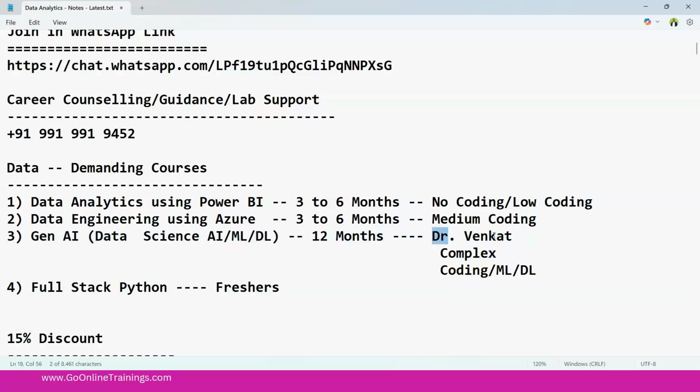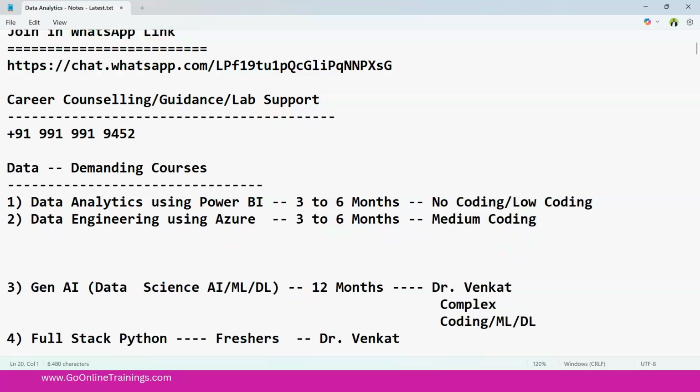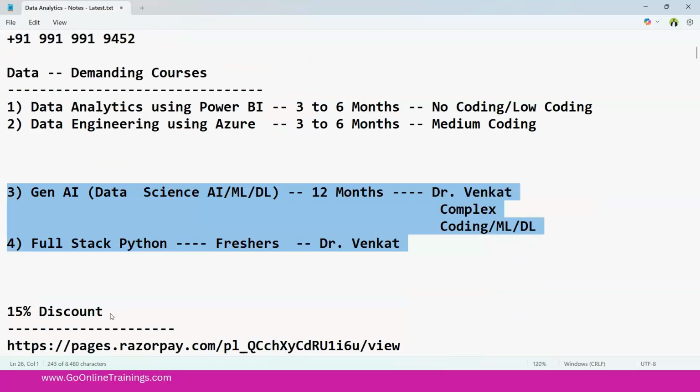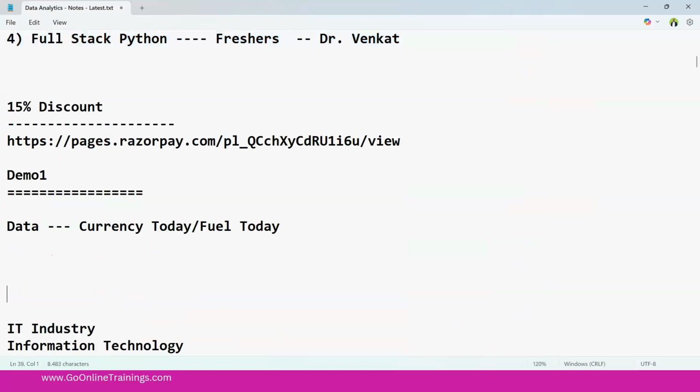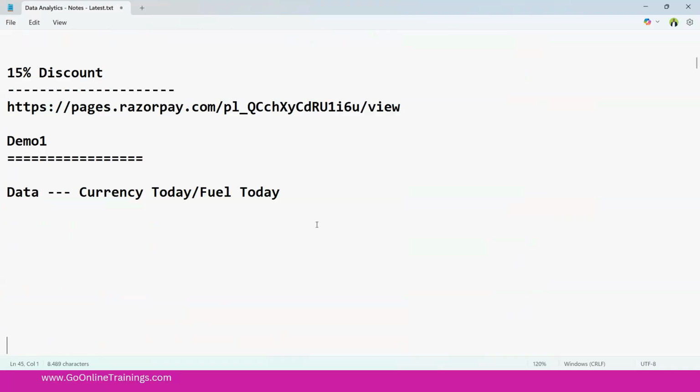This is also taught by Dr. Venkat, and we have one more faculty. Clear? So these are the courses we're going to be having. These two courses I'm going to teach end to end: data engineering using cloud, Azure being a cloud, and data analytics using Power BI. Gen AI and full stack Python will be taught by one more faculty, guys. Clear? Now, in demo number one, I wanted to have